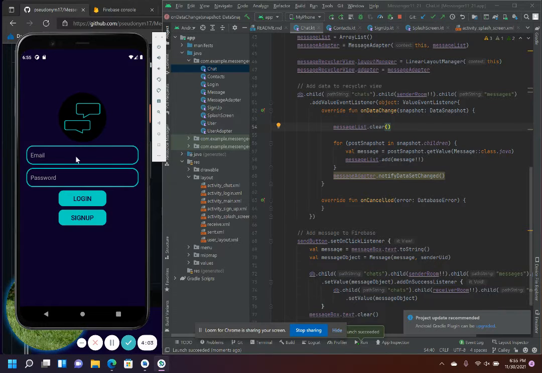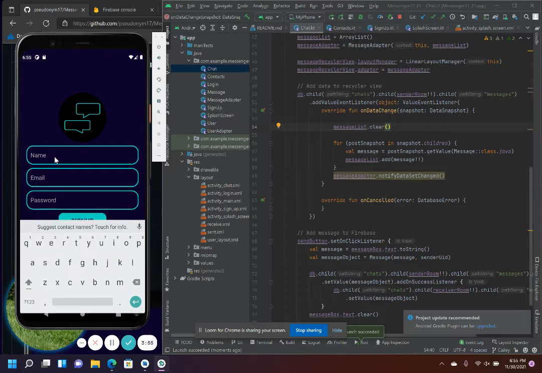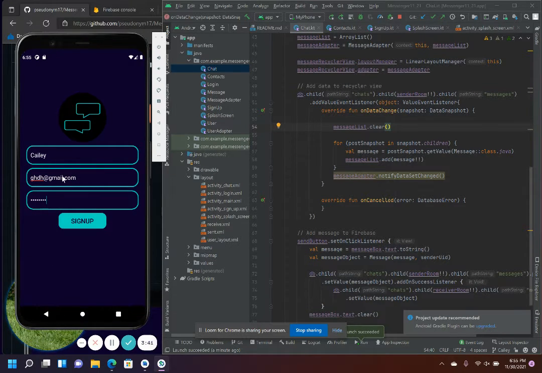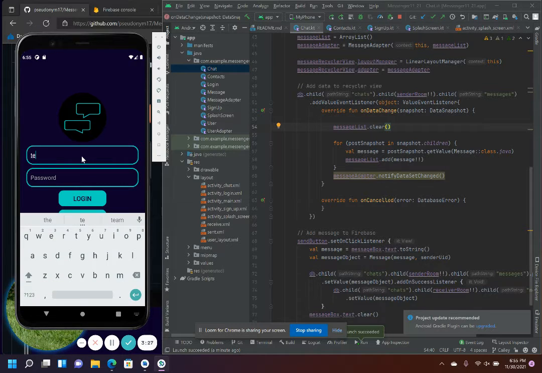So here it opens up and there's a login page, and if you don't have an account yet, you can sign up, and it does ensure that you create a unique username for each user. So if I were to sign up using a new email and password, but a username that's already in the database, it will give me this warning saying it already exists, choose a different one, and it won't sign me up with this. So if you do have a username already, you can sign in